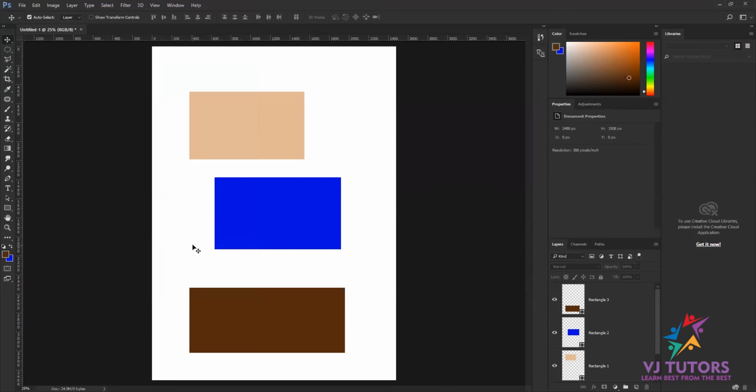Okay guys, in the next session we will see our first tool, that is called the move tool. With the move tool, we can do different types of things: you can move the object, scale the object or rotate the object, or if you want something from a different file, how we can get that file into our page. That we'll see in the next session.